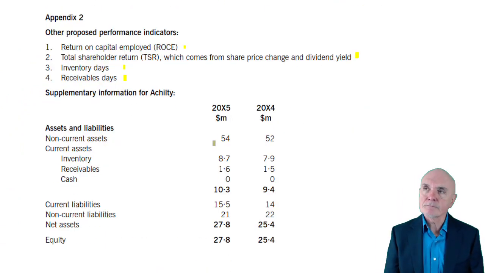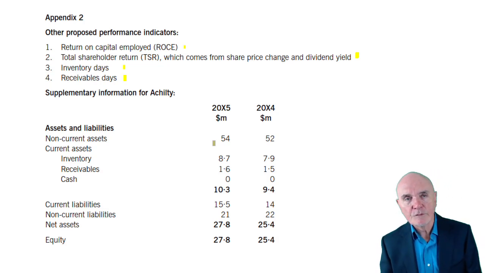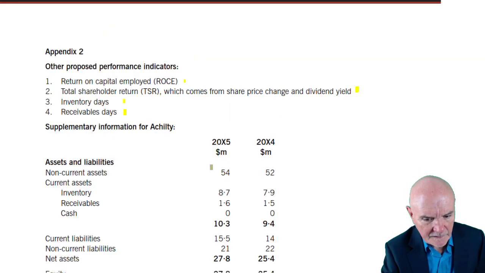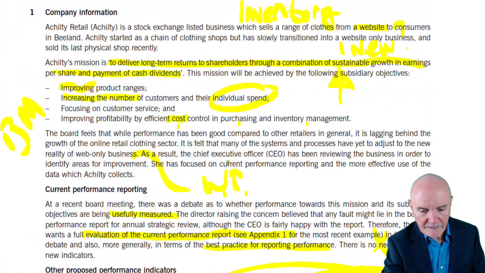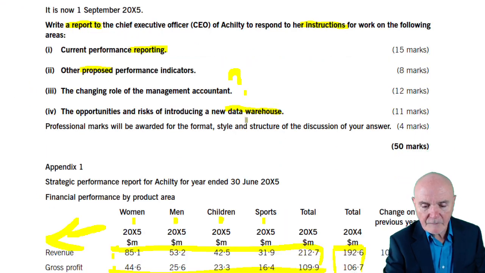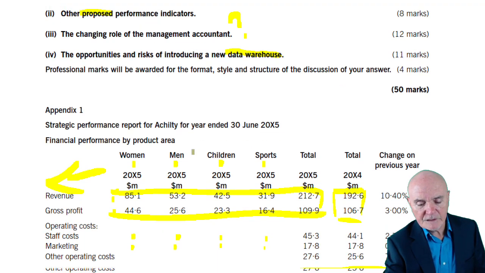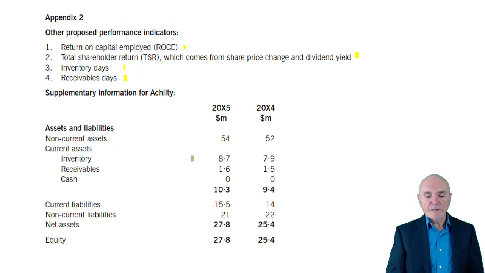Return on capital employed. Now, return on capital employed is not mentioned anywhere in the mission. The mission talks about, I think, improving earnings, or is it improving profitability? You have to keep flicking back here. Combination of sustainable growth in earnings per share and payment of cash dividends. Strictly speaking, you could argue return on capital employed is not mentioned in the mission,